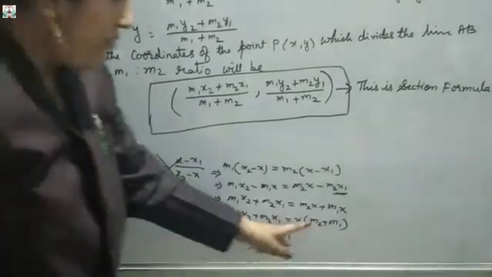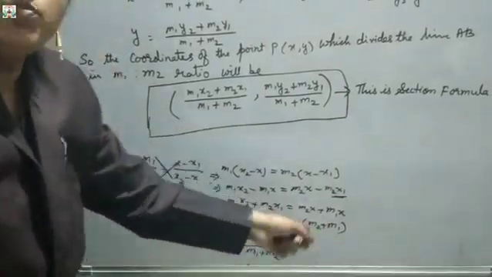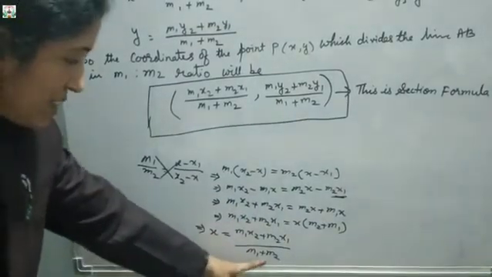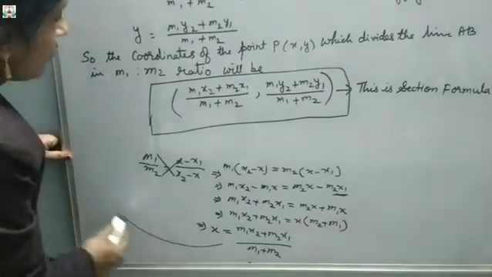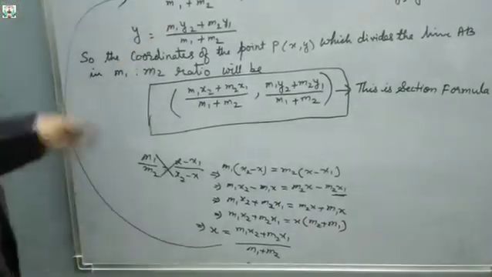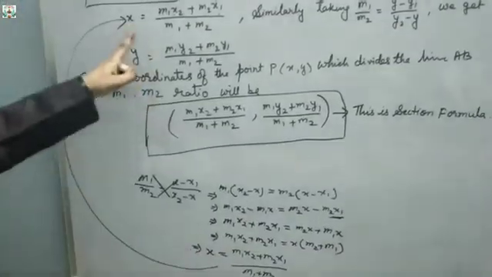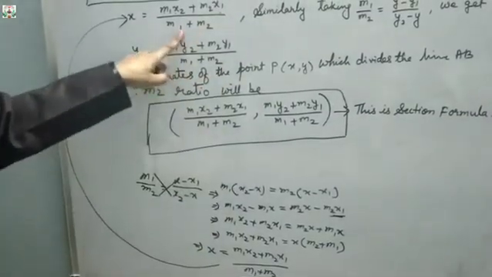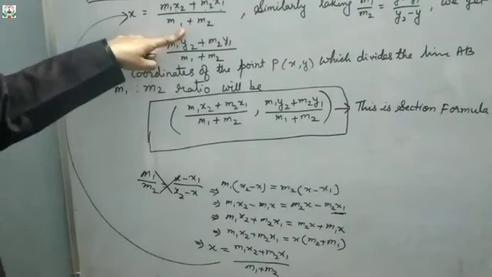If you write m1 plus m2 or m2 plus m1, the sense is the same. So I can write m1 plus m2. So, did you get this value? See here, got this? This is the way you have to simplify. So directly I wrote it like this. I think now there is no confusion.